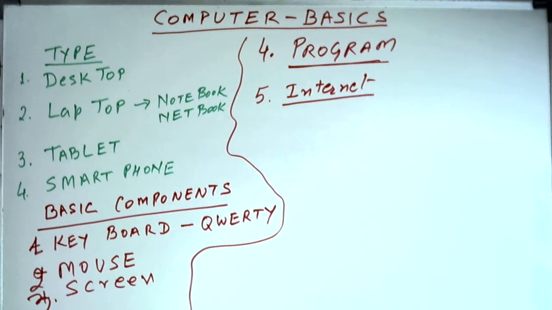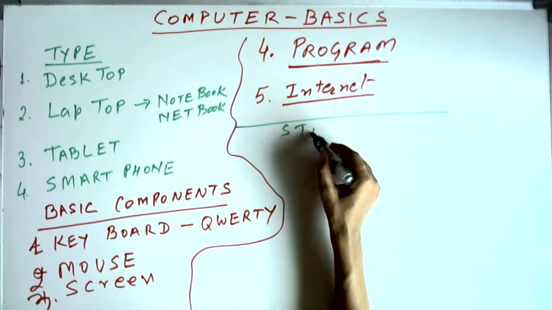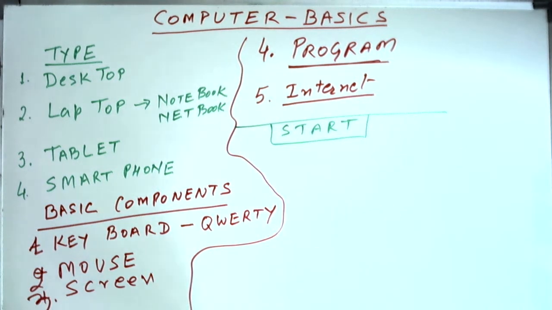Once you know all these 5 components, you should learn how to start the computer. So let us now see how we can start. Even if you are learning to drive a car, you should know how to start and stop the car, and you should know what the emergency brake in the car is. These are the 3 things you must learn first. Then you will learn how to navigate the car and how to put it into gear, and all other things will come later. So the first thing is how to start a computer.